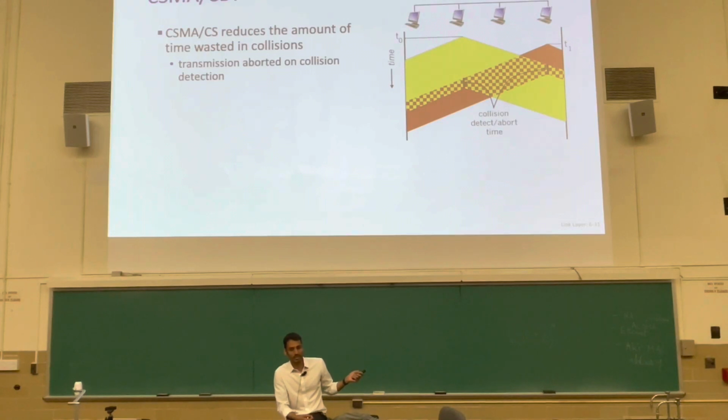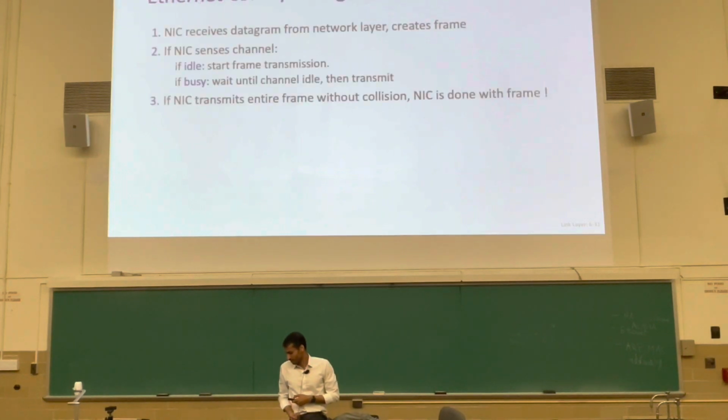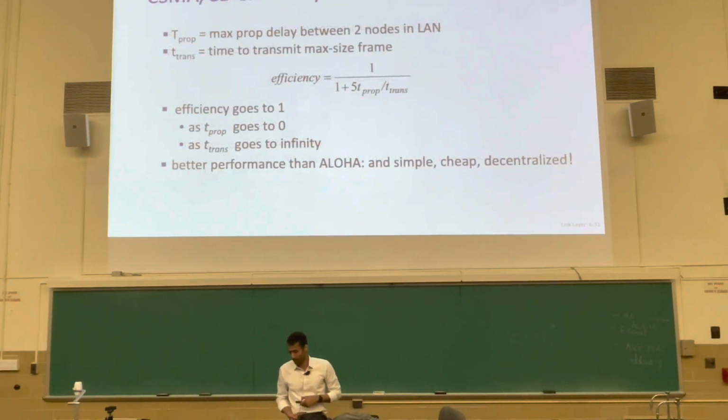That jam signal doesn't even need to be decoded as an Ethernet frame. It's sensed at a lower level. So it just has to be long enough to make a miss extremely unlikely. What is long enough? That depends on how long this wire is, how long it takes a signal to go from one node to another. So maybe you'll have a better appreciation for how the length of the cable matters with the efficiency numbers. Right, so that's the answer to the jam signal.